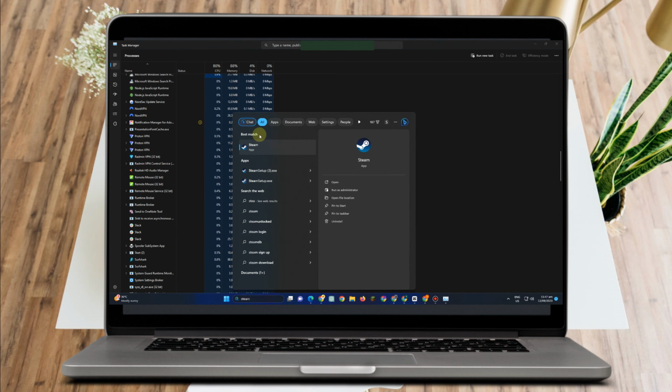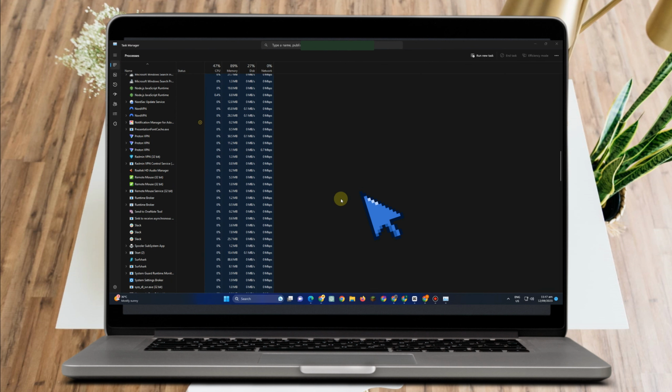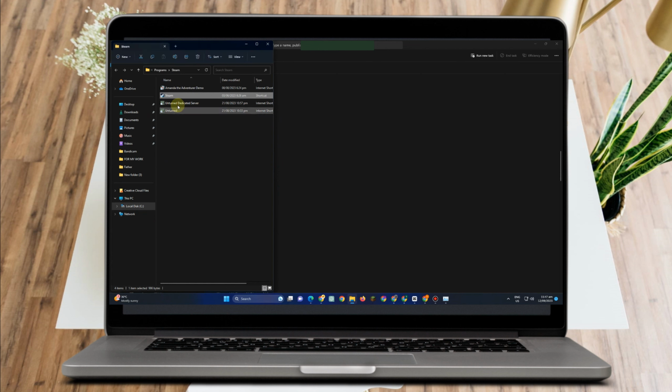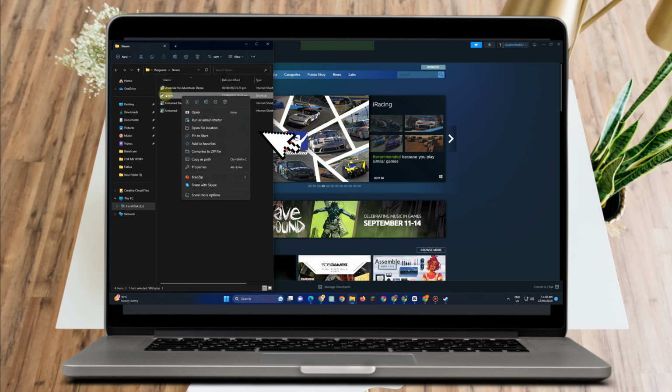Now you have to run your Steam as administrator. You can right click here, you can open file, and then here you can right click Steam again and then click run as administrator. Okay, so after this, also you can go to Steam again, the same folder, and then